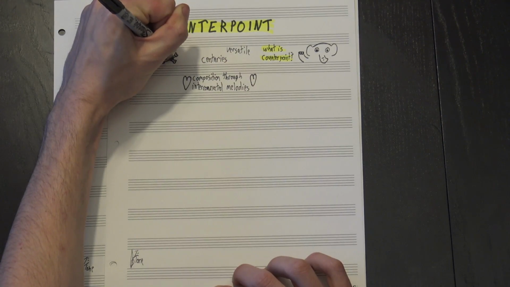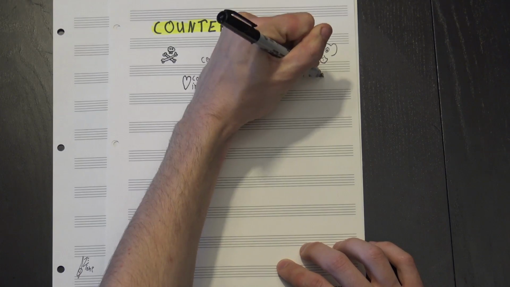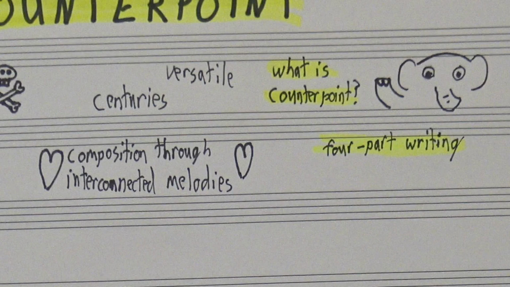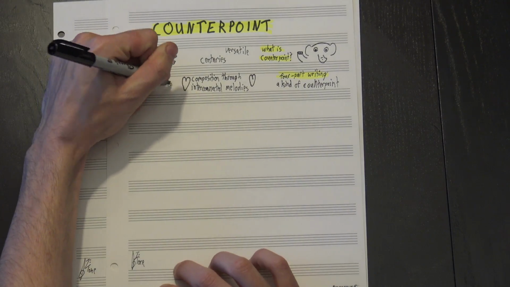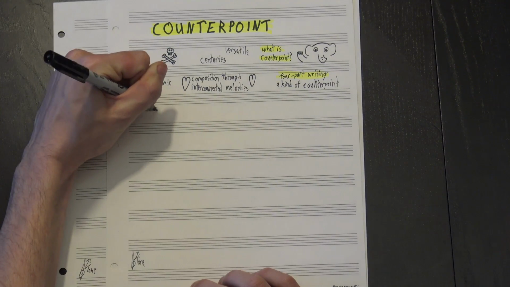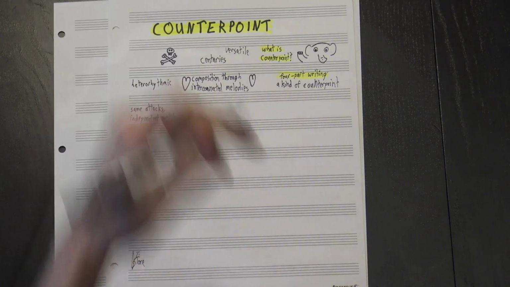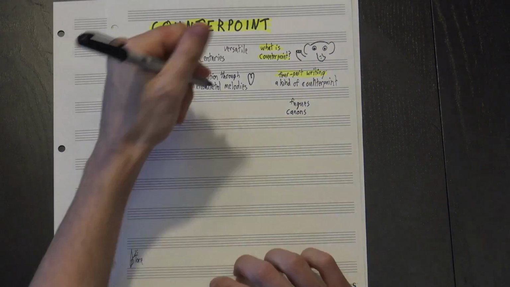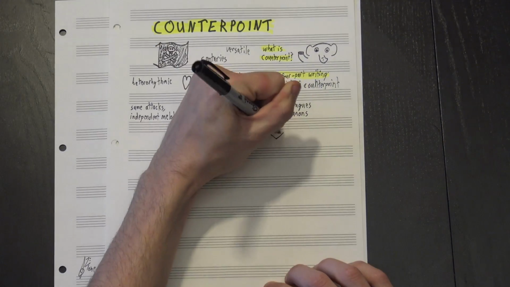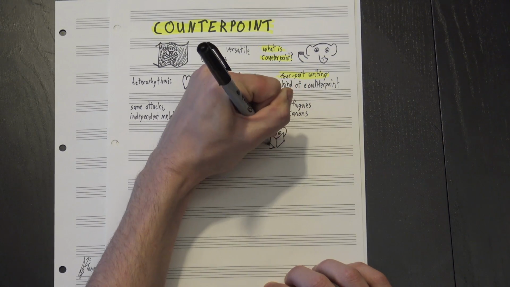This may sound familiar to longtime viewers because it's part of the definition I gave for four-part writing, and yes, four-part writing is a kind of counterpoint. I like to think of it as heterorhythmic counterpoint because the voices all attack together but their melodic shapes are independent. But there's a lot of other forms of counterpoint. There's fugues, canons, linear counterpoint, inventions, but today we're going to focus on probably the most basic and relatable of